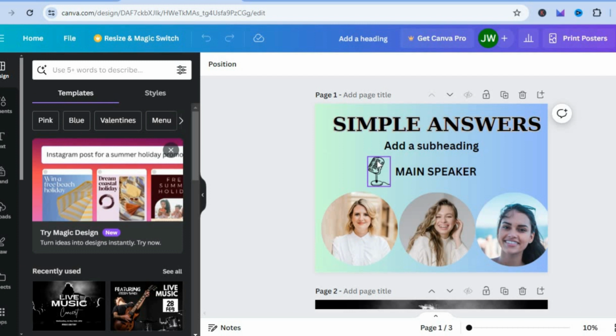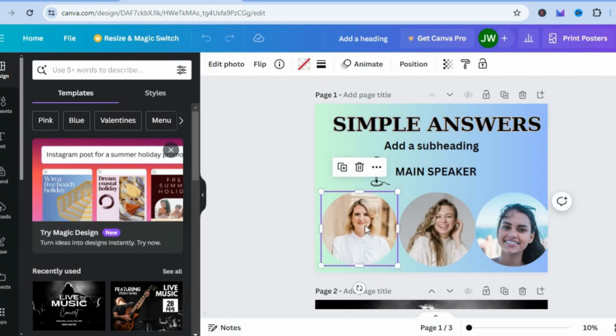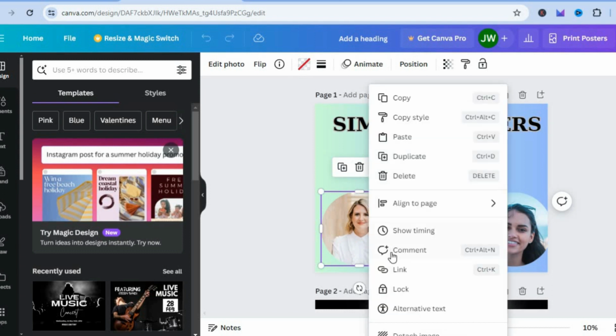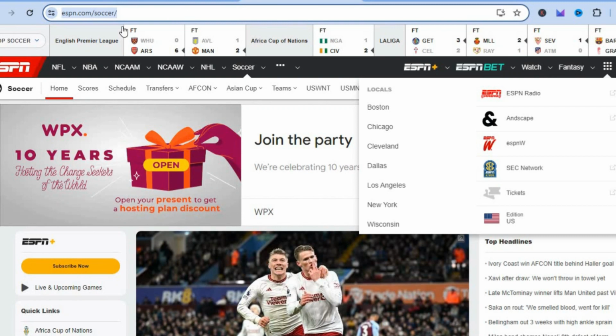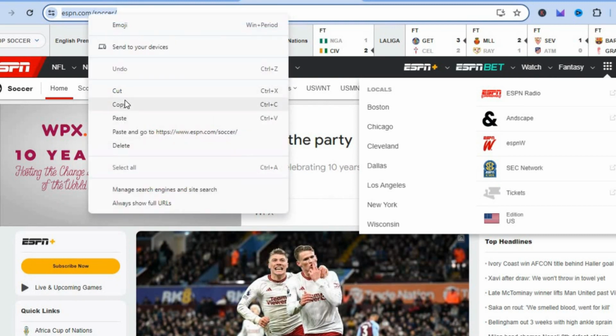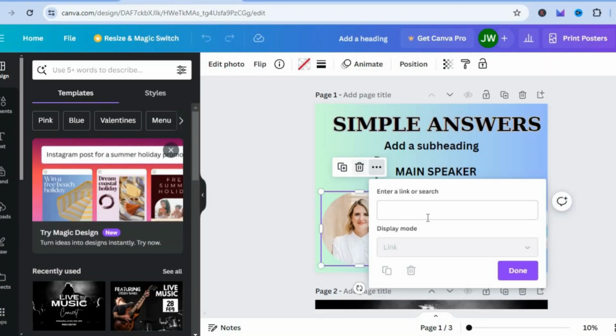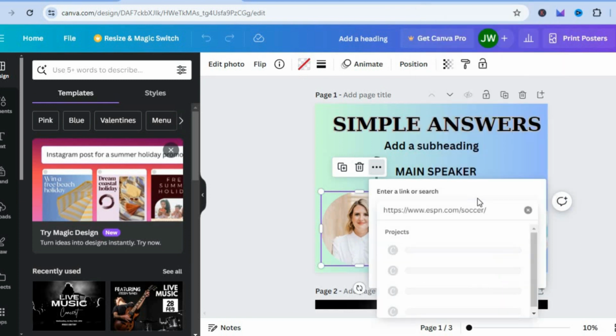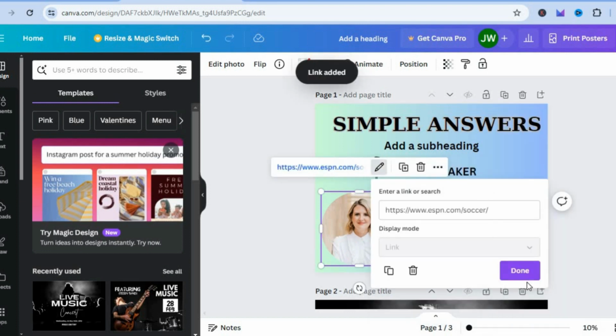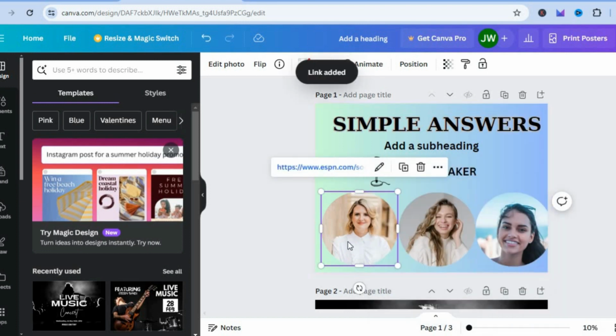The first thing you can do once you have selected your Canva design, for example, right here, you're going to tap on the image. Then you're going to tap on the three dots that says more. Then from there, you're going to tap on link. After you have tapped on link, you can paste in an external link, for example, this URL right here. I could simply go back and paste in the URL right here by simply right clicking. Then after you have done that, you'll tap on done and you can see that the link has now been